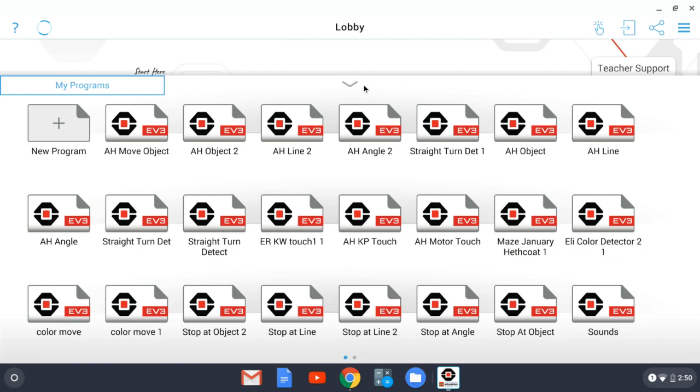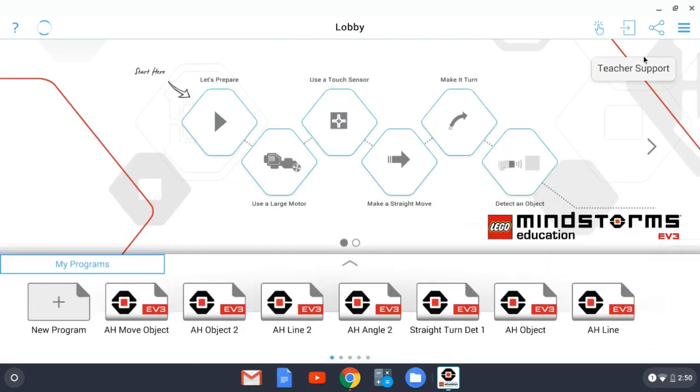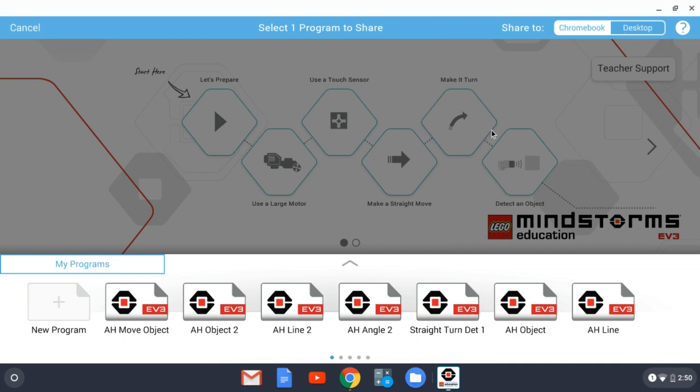To be able to upload to the Google Drive, there's this little button right up here. It is a dot with 2 dots coming out of it, and that means upload. So if we click right here, let's say I want to upload this move object that I just renamed. So I'm going to click on it,